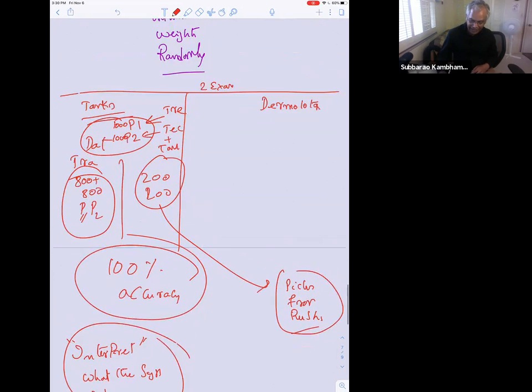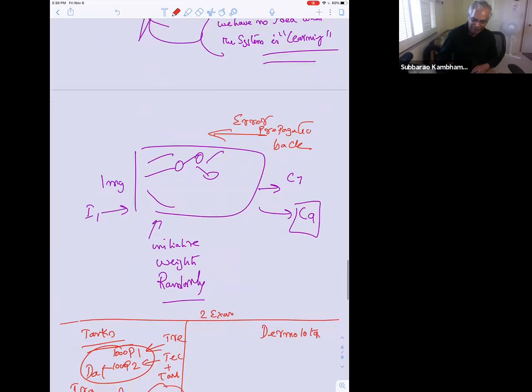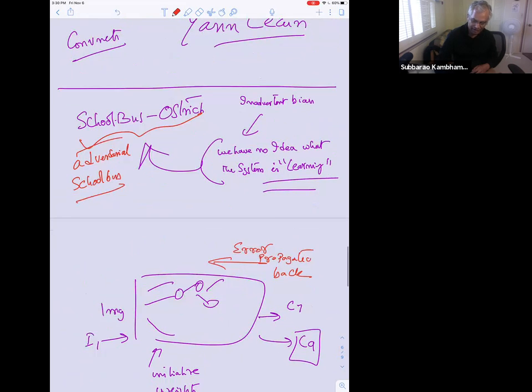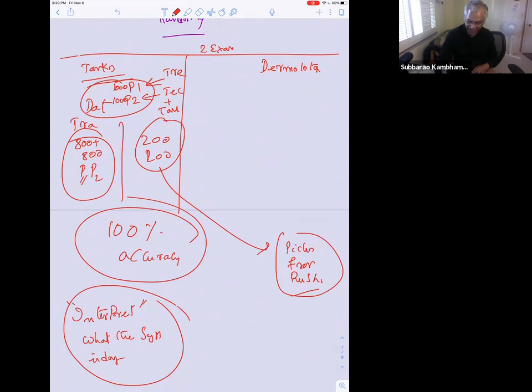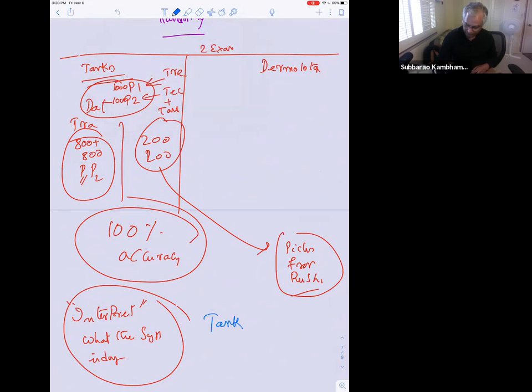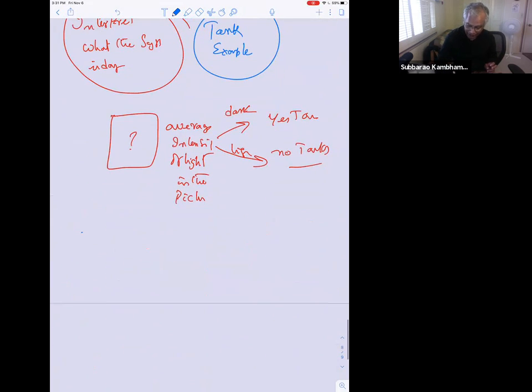Okay. Just as much as you should remember the adversarial school bus, the school bus and ostrich, I'd like to think of it as the adversarial school bus. This tank example is also very important for you to remember. Tank is also very important to remember, because these things are called, remember what I said, ML systems